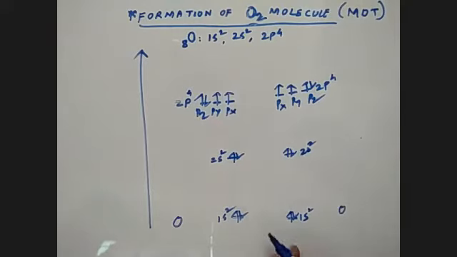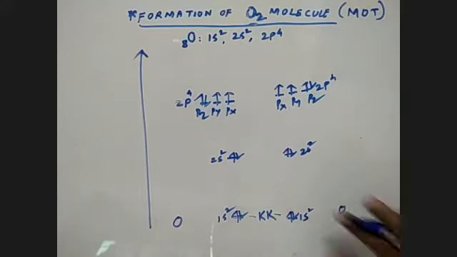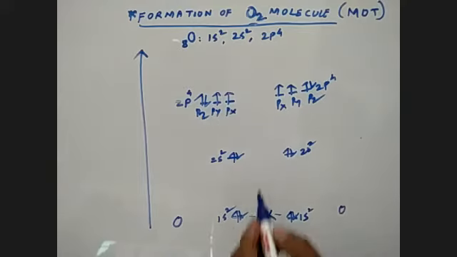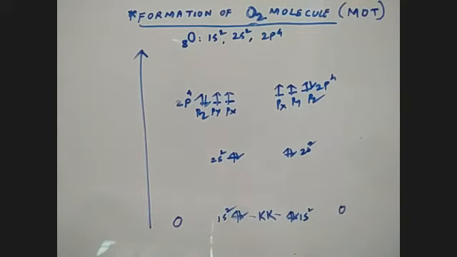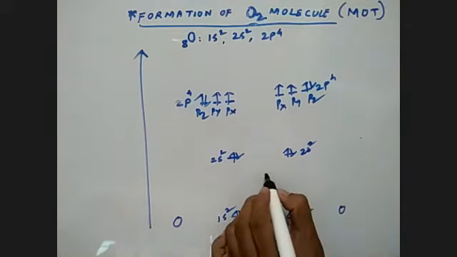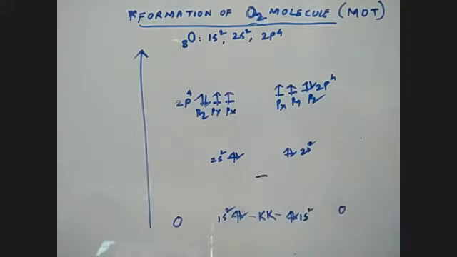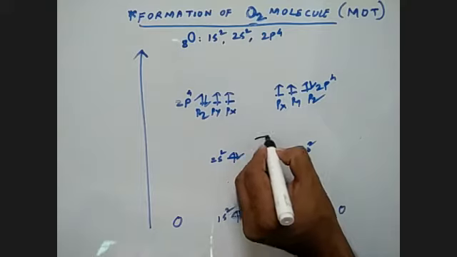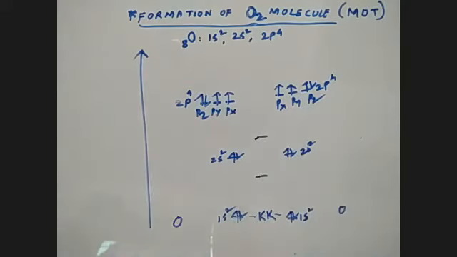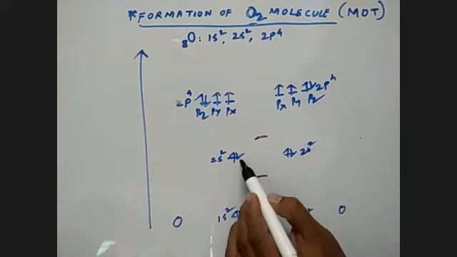So this is the inner shell. This will not participate in bonding, so just write a key, means it is locked. It will not participate in bonding. What about this 2s? This 2s will form 2 energy levels, so 2 MOs will form. So we can write 2 MOs like this. This is low in energy and this is high in energy. And just connect them.